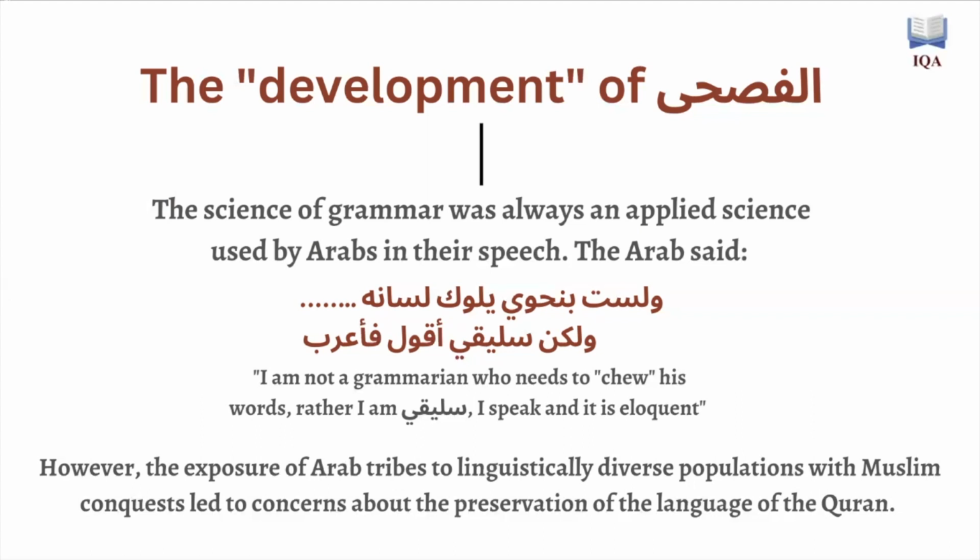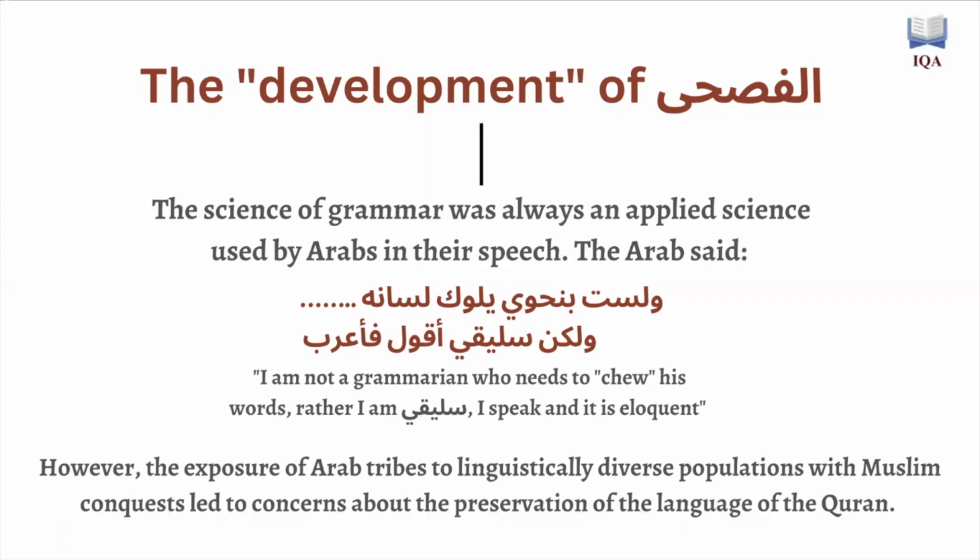How did this come about? How did these terms that we call mubtada and khabar and dharf and fi'l and fi'l al-madi and fi'l al-mudari', these types of terminologies that we find, actually come about? If we look at the science of grammar, that should give us a better understanding of how Fusha and the Arabic language were standardized. The science of grammar was always an applied science used by the Arabs in their speech. That's why the poet said,